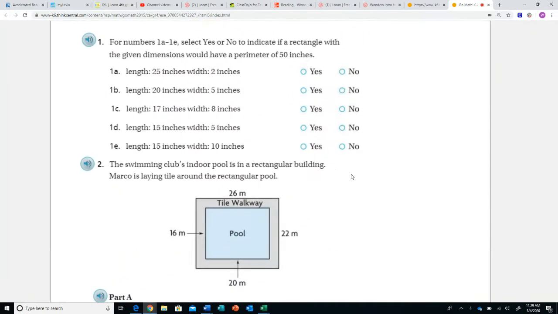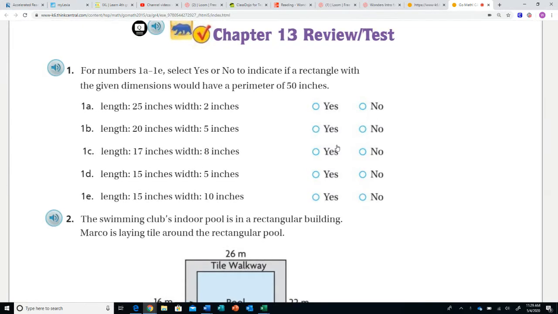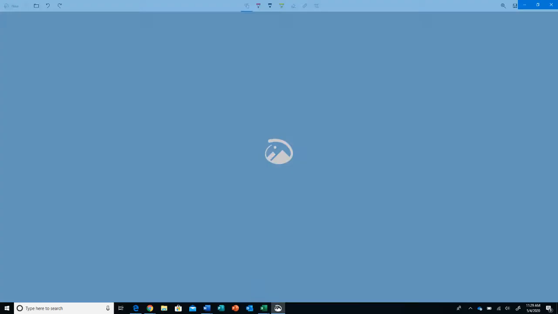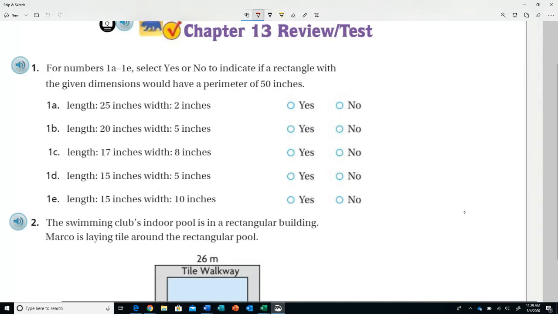So for question number 1, for numbers 1a through 1e, select yes or no to indicate if a rectangle with the given dimensions would have a perimeter of 50 inches. So the key here is to remember that you're looking for perimeter. So a quick snip and sketch here, and we will get started on this. So just remember that